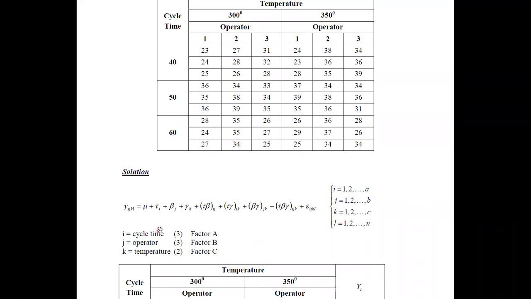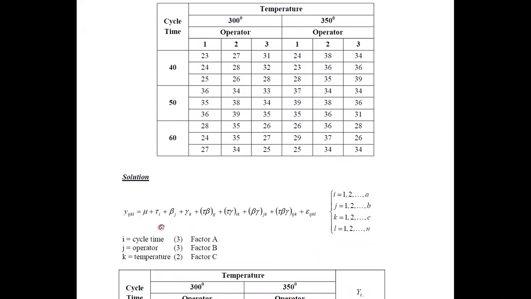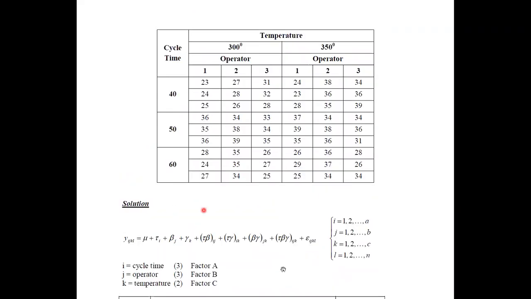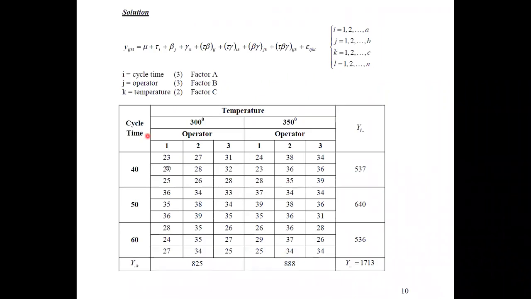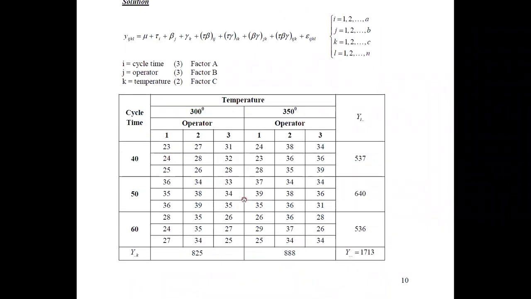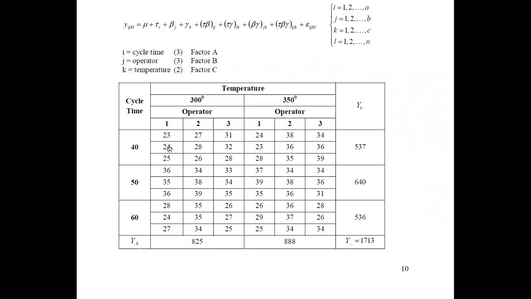Now what you can do is you can simply take the totals. Now we'll see how we can get the totals for each of these if it is in this form. Therefore, this is the table that they have provided for us. First of all, we will take the totals for the large clusters that we can see here. Since the cycle time and the temperature are the clusters that you see as the most outside.